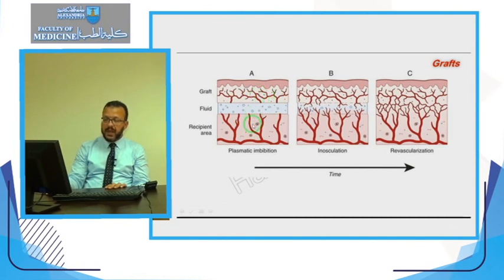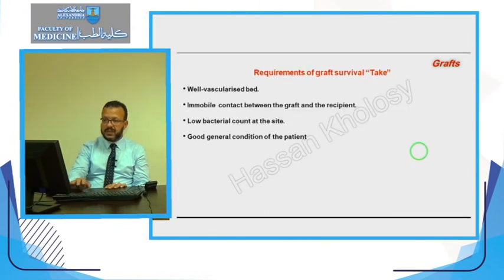After the completion of these 48 hours, new blood vessels are formed in both directions, either from the recipient site to the graft or from the graft to the recipient site, which is called the stage of inosculation. Then these new blood vessels arborize and anastomose together to form a plexus of vessels underneath the graft, which is the revascularization of this graft, and then this graft will get its blood supply from its new place, which is the recipient site.